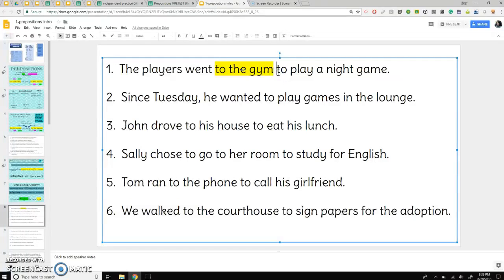Now I see to over here again, and I could say that I see game here at the end of this phrase, to play a night game. The problem is I've got a verb in there, and if there's a verb inside of a prepositional phrase, it's a no-no. So if I go back and think about this again, to plus a verb, to play, is an infinitive. We're going to put